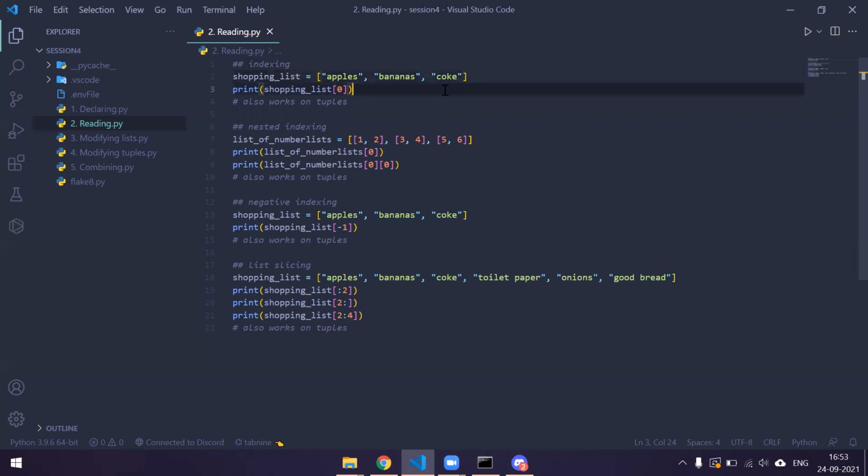What you can do is use the variable name, in this case shopping list, and then using square brackets, you can access indexes or indices. In this case, 0 would be the first item because indexes start at 0 and then go up from there. So 0 is the first item, 1 is the second item, and 2 is the third item. So in this case, if we were to run this,